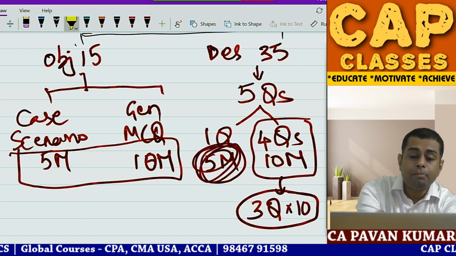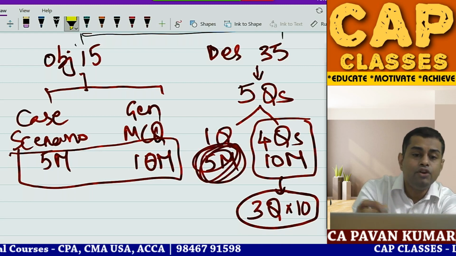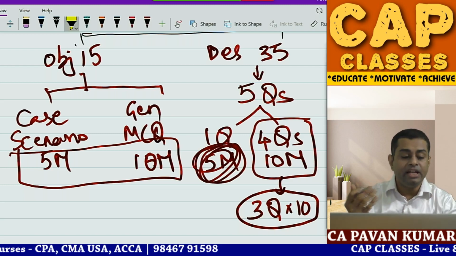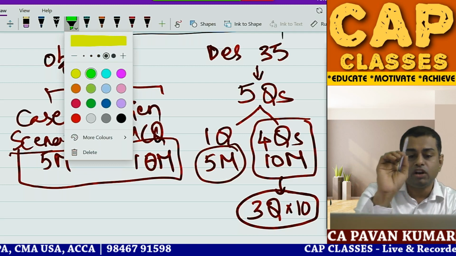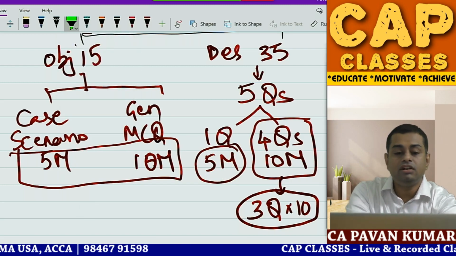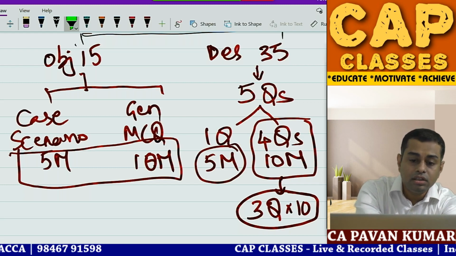So how is your 50 marks paper given? One 5 marks compulsory question. This compulsory question again will be a story based question. They'll give you: X Limited is a company, started something, X Limited's founder is something. So all this story you need to listen. Sir, why should I listen to the story, sir? It is 5 marks.